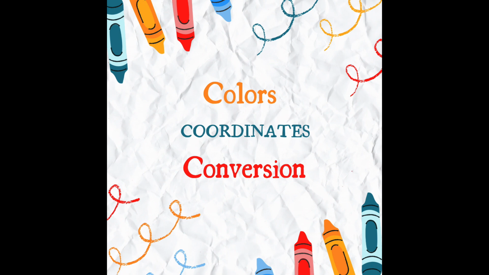The conversion. Conversion between color models may be necessary in certain applications. For instance, converting an RGB color to CMYK is important for printing purposes. Conversion between coordinate systems is common in graphics programming. Transformations such as translation, rotation, and scaling can be applied to objects in 2D or 3D space. Conversion between different units, for example pixels to inches, is also relevant in fields like web development and graphic